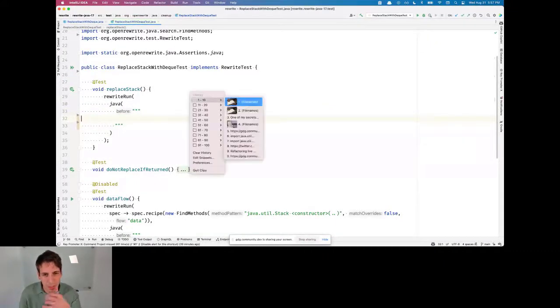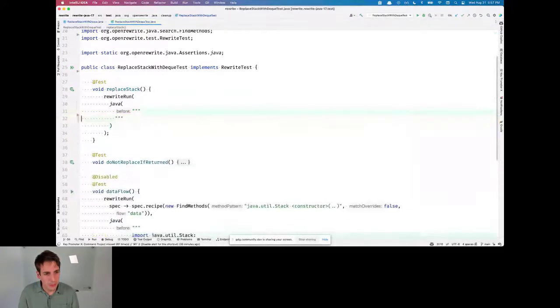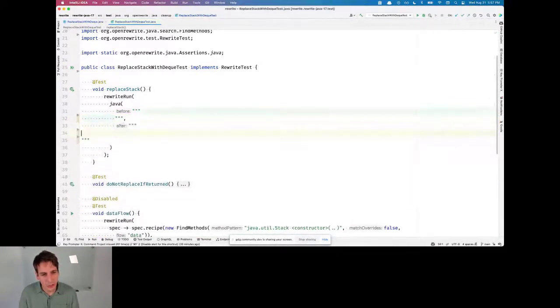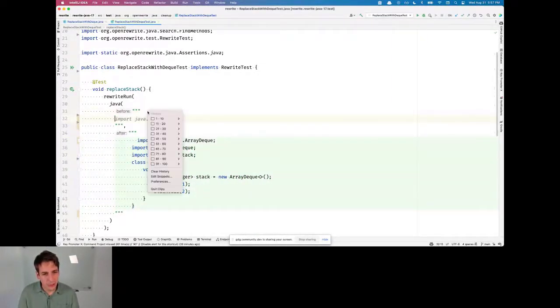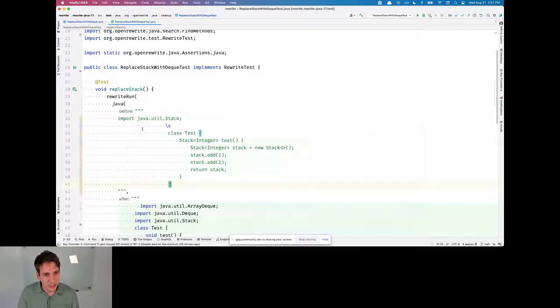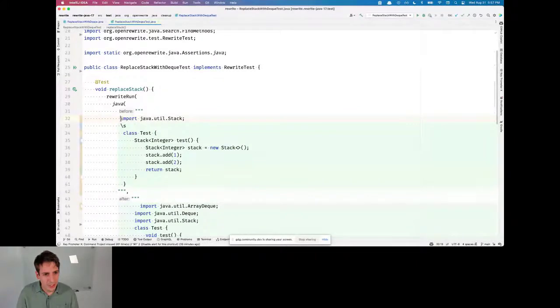So I'm going to define what the code should look like before and after the transformation. And so before, let's say it should look something like this, where it's all formatted.